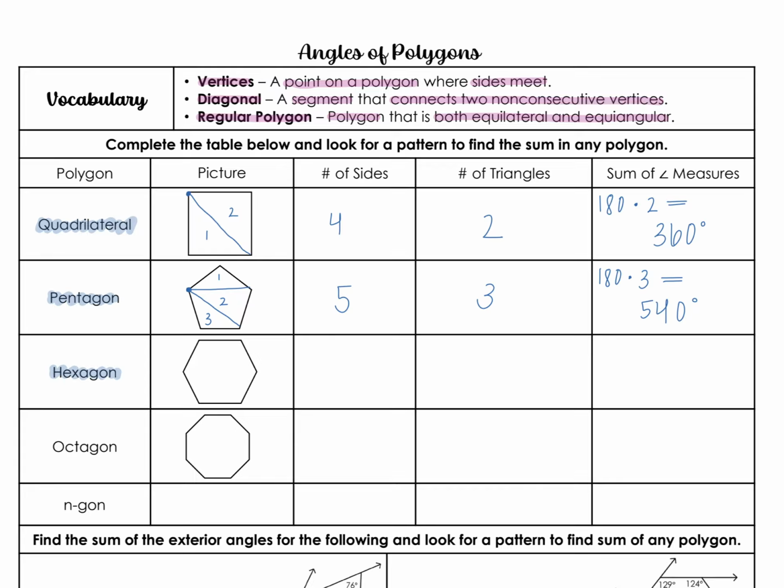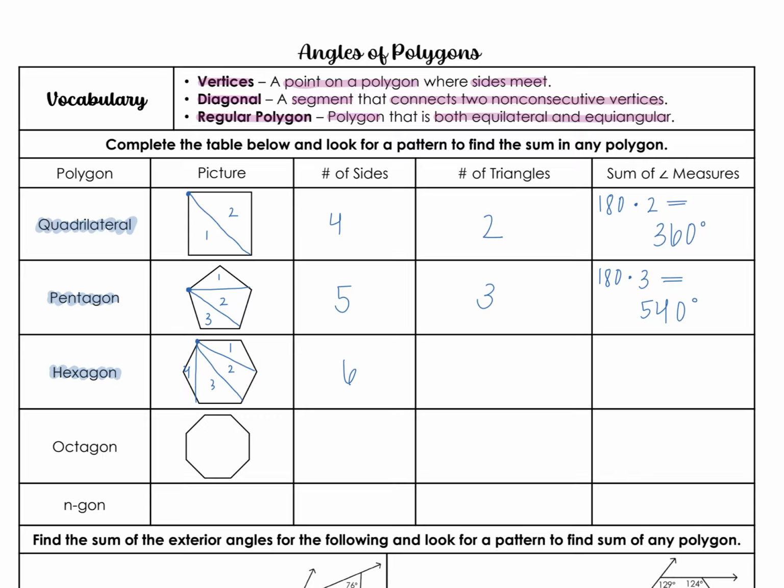Okay, a hexagon is going to be a 6-sided figure. So drawing all of my diagonals, start up here. I'm going to draw 1 diagonal, then 2, and like I said, it's not going to be perfect, but you get the idea, and then 3. So I have 4 different triangles